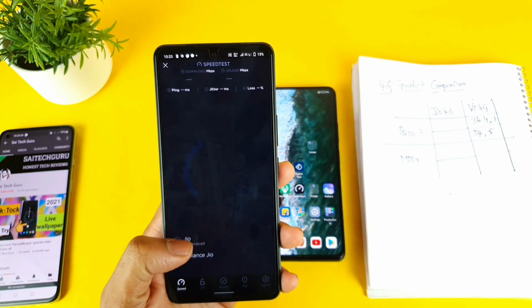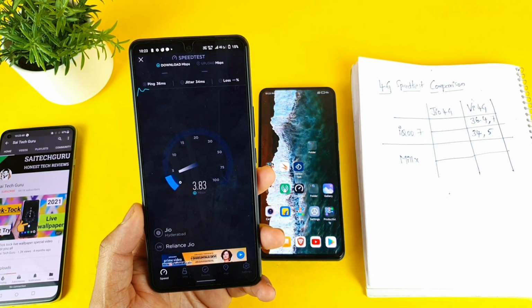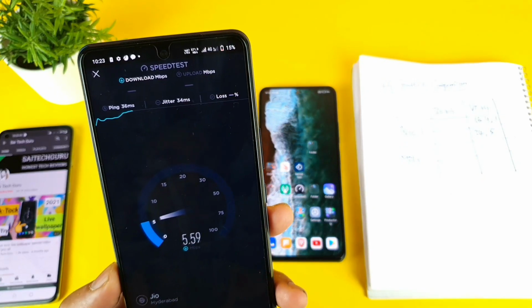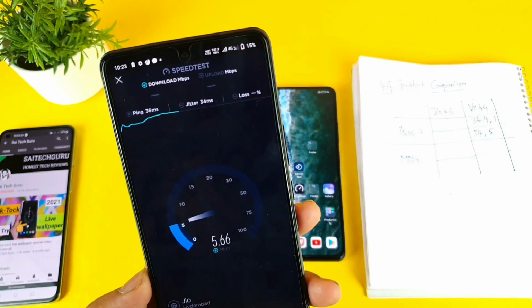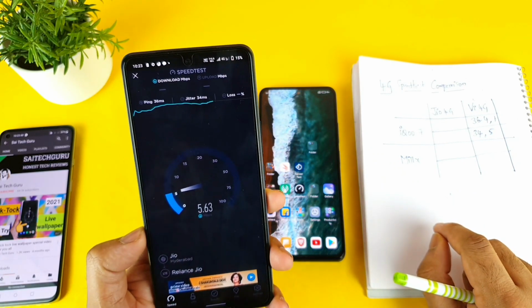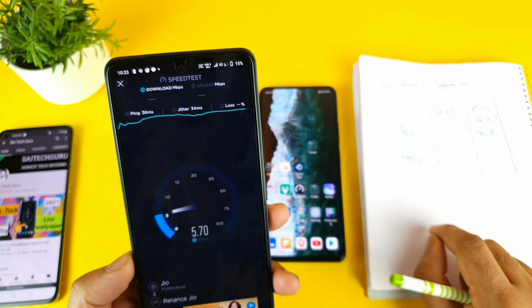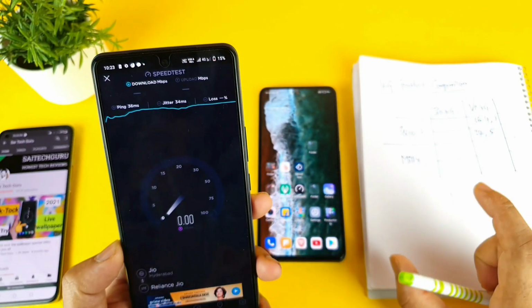So right now you did see the Jio Hyderabad, as you can see here clearly. And let's see what Jio speeds we'll be getting here. And the Jio speeds are close to 6 Mbps only. So in my location, 4G is supported with the JioSIM, but in this iQOO 7 it's not supported, as you can see here in this phone in my location, friends.